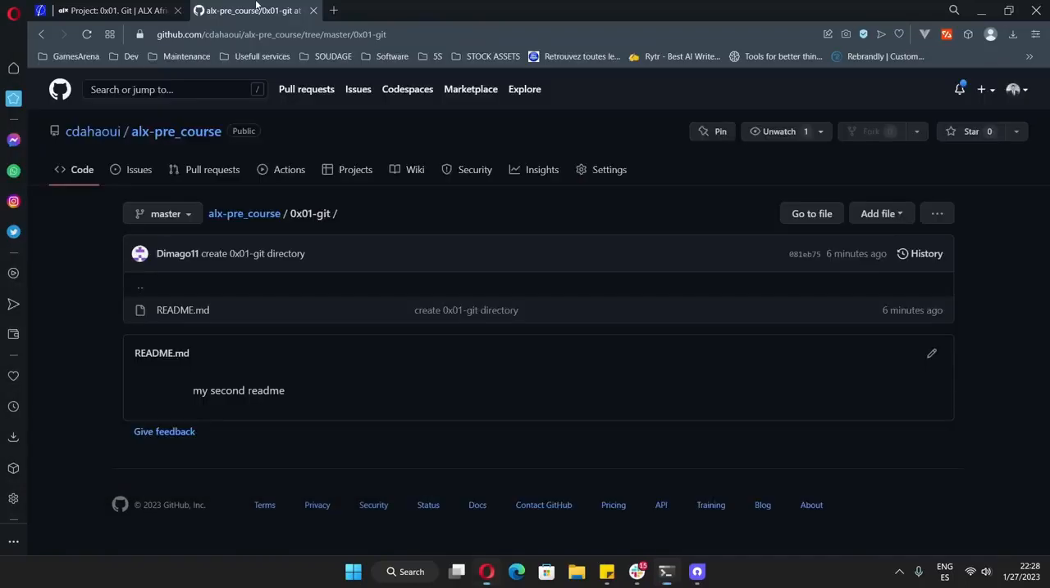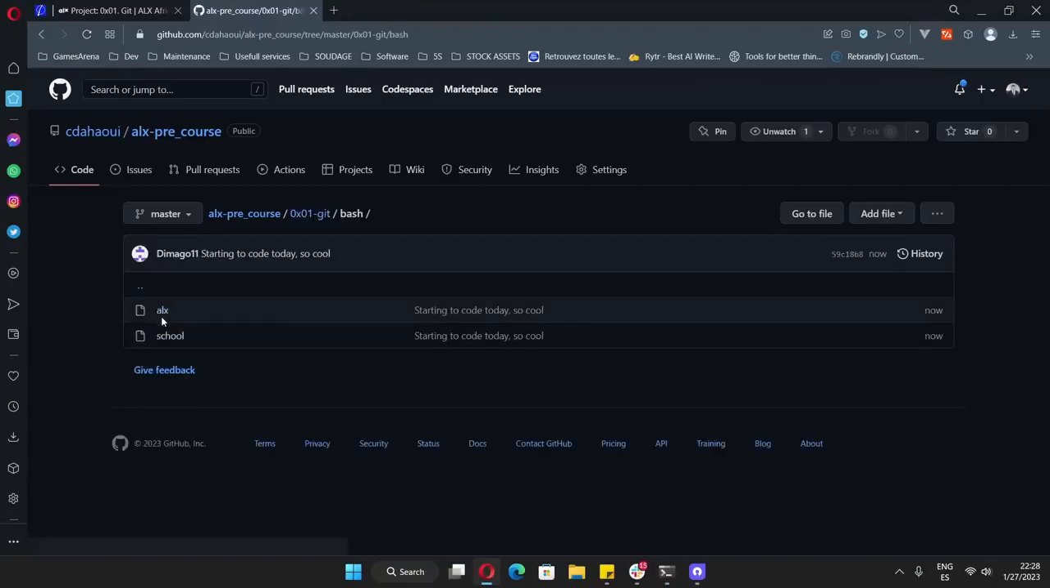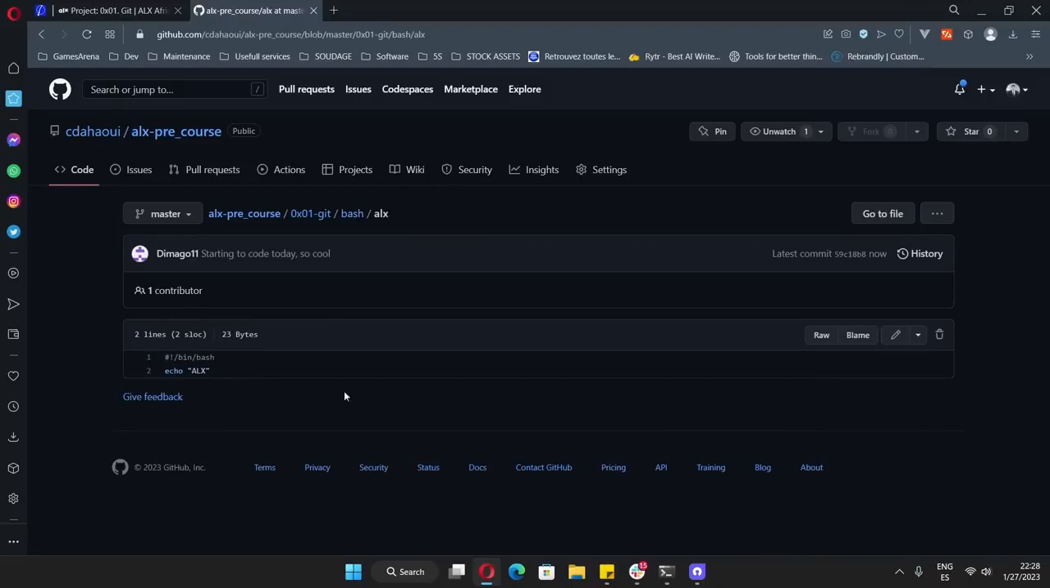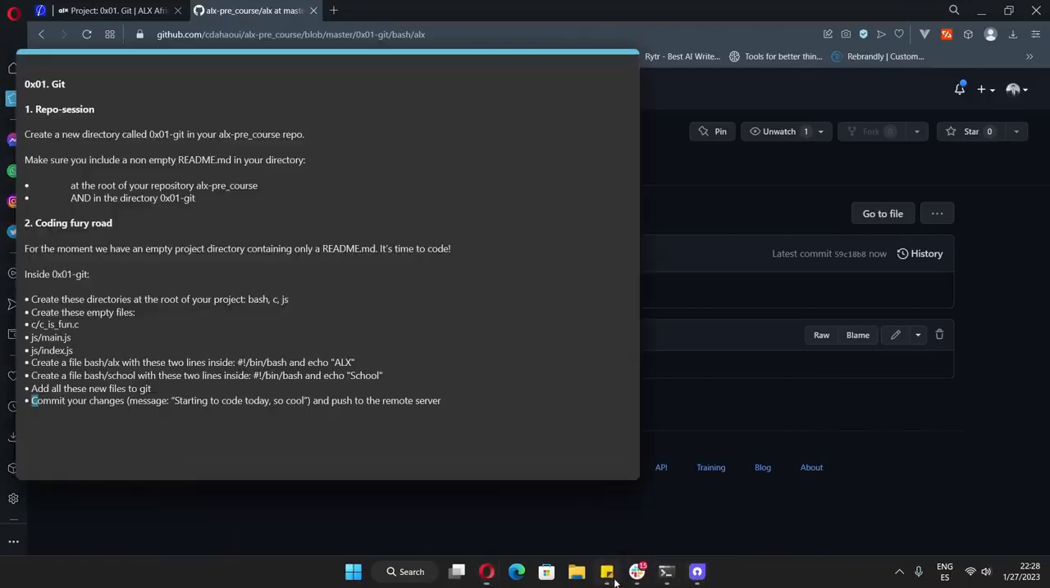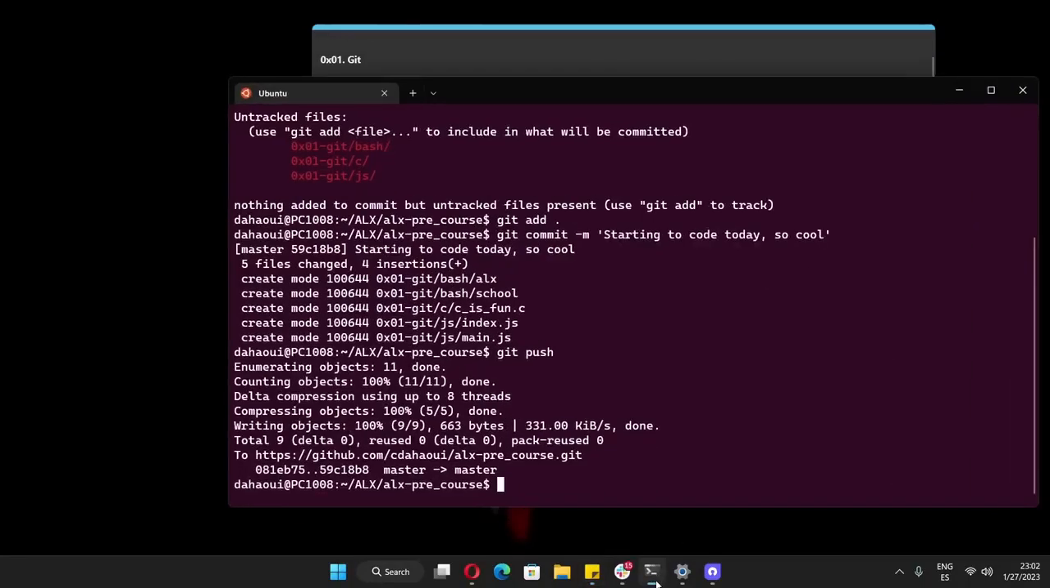If we go to Apple repository, we should see all the files here created. Okay. For the fourth task, which is collaboration, is the base of a company. In this task, they are asking to create a new branch named update script and then do some modification. Okay, in our local repository,